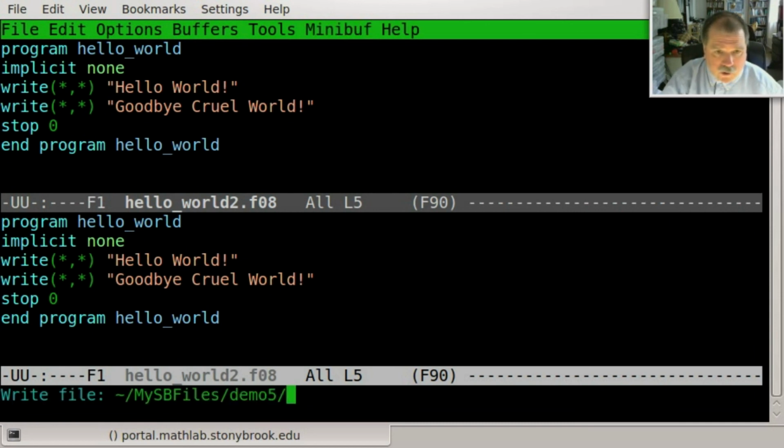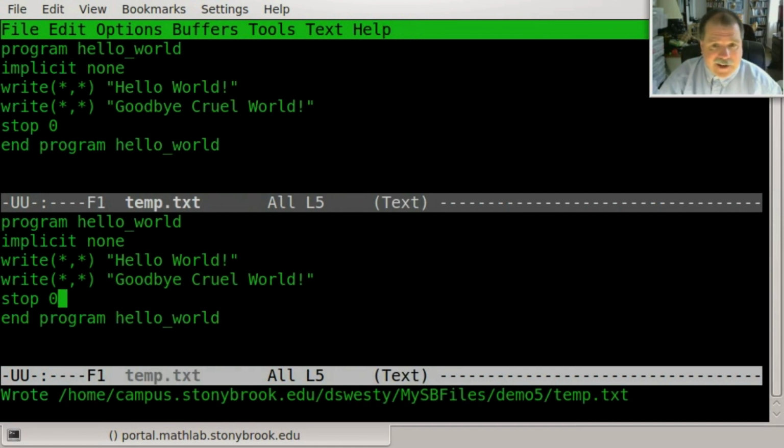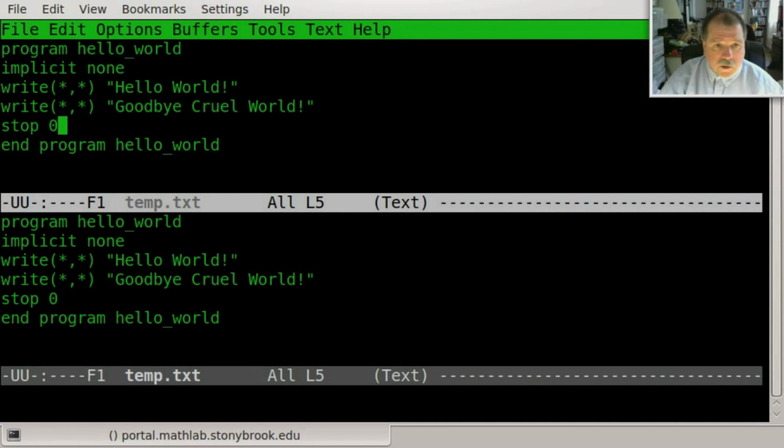Control X, Control W, which we've already introduced, and I'll label this as temp.txt. All right. Now the bottom mode has changed into text mode here. It's no longer in the Fortran 90 mode that we were using. When I switch back up here to the top, though, I'll type Control X O, which will switch back to the top. It'll be up here,